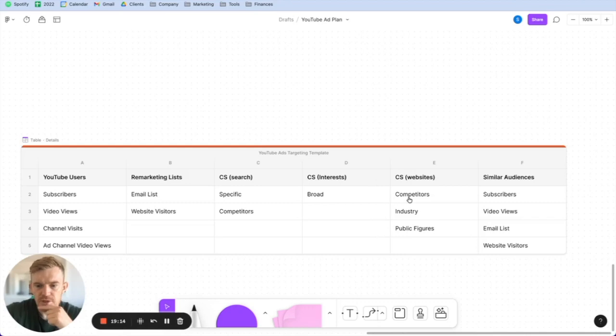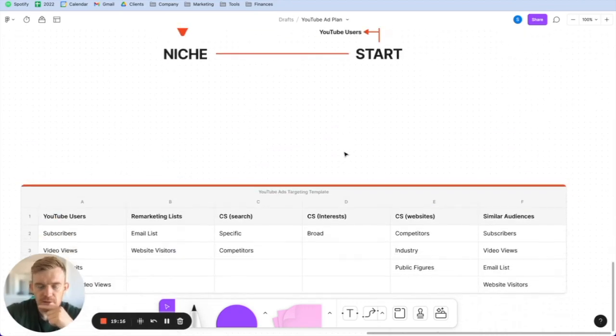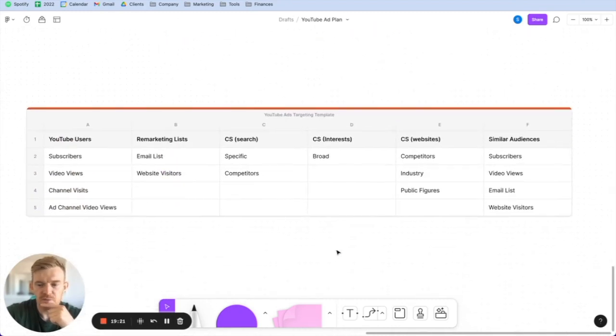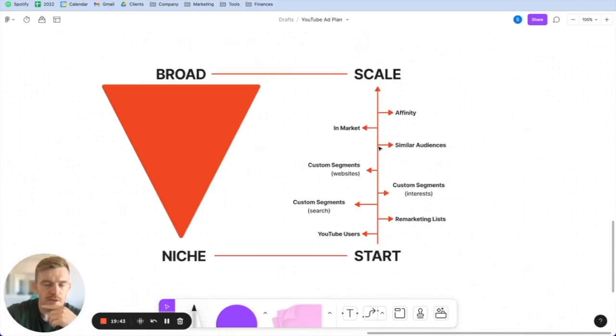So that's the custom segment websites. So again, still super powerful stuff. It's not that, okay, we've removed keywords and placements and now YouTube ads targeting doesn't work anymore. You can see that we can still be extremely specific, because again, Google has so much data on us when it comes to what websites we visit and our interaction and our patterns that we do online, that it can still be really specific in showing the videos to the right people. And then as you can see there, we start to move up again to even broader